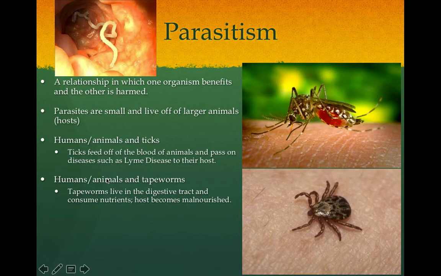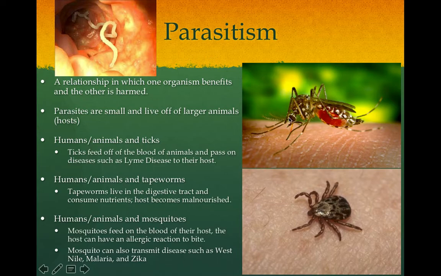The other type is humans and tapeworms. This is a tapeworm living in the intestines of a human or an animal, and it attaches to the intestines and sucks the food right out of the intestines, robbing you of those nutrients. And if you have a tapeworm, they live there. They could live in you for years, and they could just keep eating more and more as they grow and grow. And people with tapeworms have a hard time gaining weight and maintaining their own health because they're losing all the nutrients to the parasite.